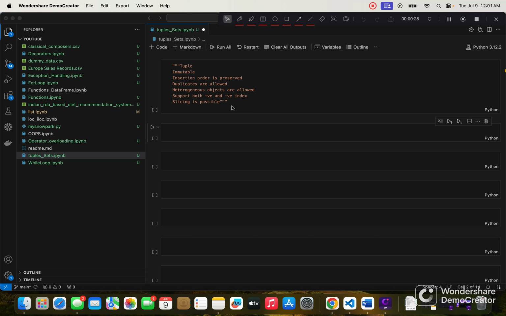Tuples are exactly the same as lists, except for one thing: lists are mutable. That means once the values are there, we can add more values, we can remove values, we can change the values. But tuples are immutable. Once the values are there, we cannot change or modify them. So you can say it's like a read only version of lists. The other properties of tuples are the same as lists: insertion order is preserved, duplicates are allowed, heterogeneous objects are allowed. If we want to access the values, we can use both positive and negative indexing,